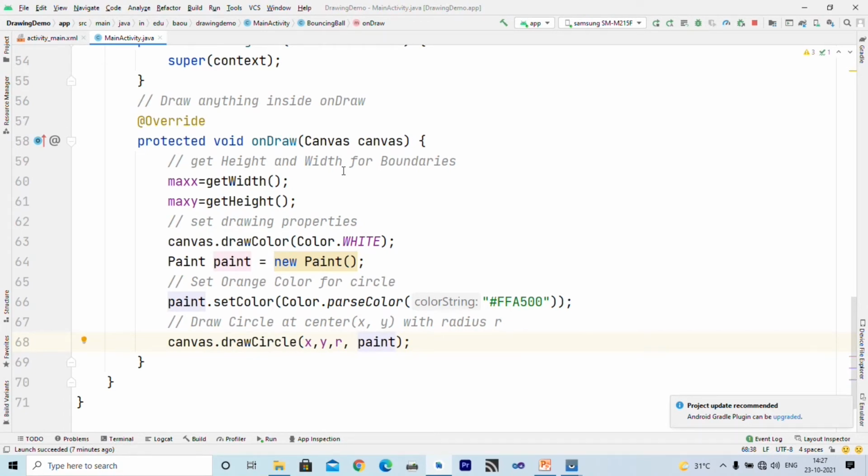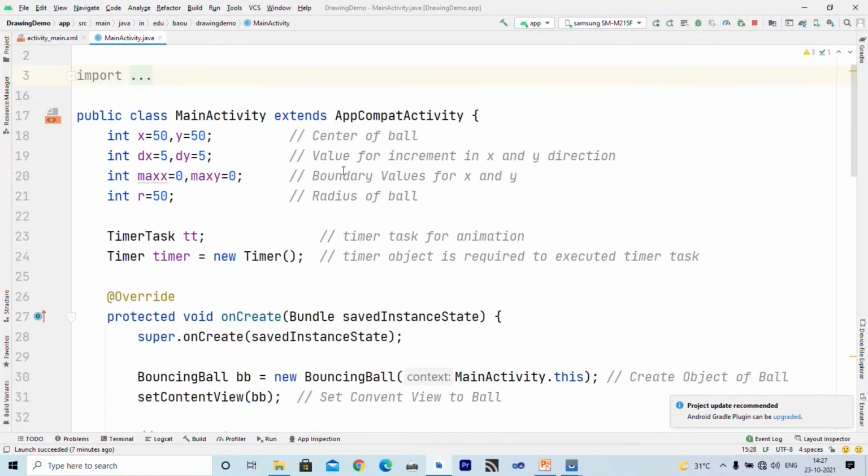Now what is the initial value of x, y and r? Let us see. The initial value of xy is 50, 50, so it draws the circle at the top left corner.